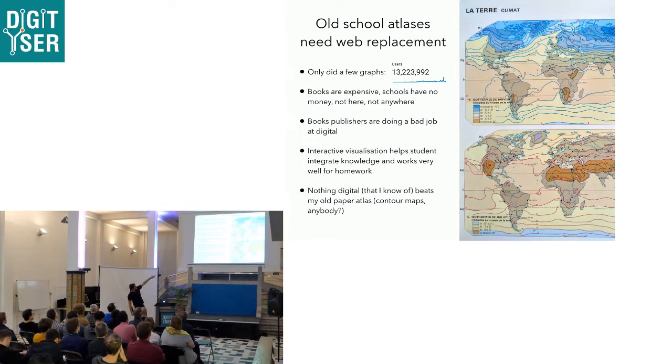Those are the maps where you can see isotherms. I don't know if it's supposed to say that in English, but temperature zones, depending on the summer at the bottom and winter at the top. And this is really beautiful, and this is something that is hard to do using web tech. So it's not easy. I don't know exactly how I would tackle that problem right now.